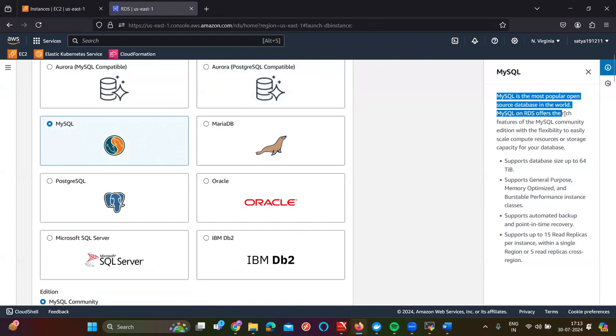MySQL on RDS offers rich features like the community edition, with flexible and easy scale up for compute and storage. How much of a terabyte can we use here? 64 terabytes. And it is going to have automated backup. That means if I want to take the backup of my database, it can take it automatically for itself. We don't do it. If I give a time, based upon the time, the database is going to take the